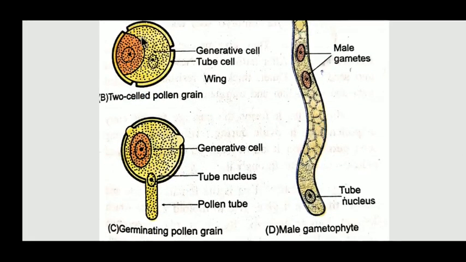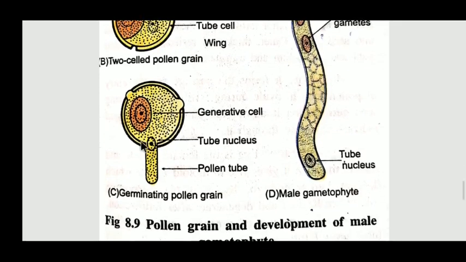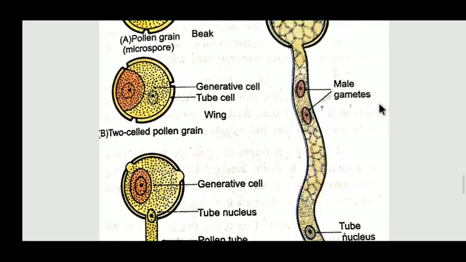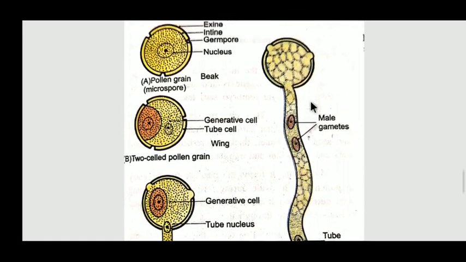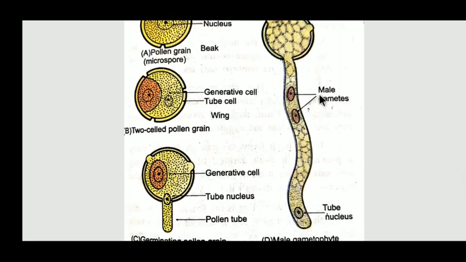When this pollen grain sticks onto the stigma, with the help of the germ pore all the stigmatic secretion gets inside this vegetative cell, and the vegetative cell creates pressure on the innermost wall, that is, intine, and because of that pressure the intine forms a tube-like structure. That tube-like structure is called the pollen tube, and the nucleus comes inside this pollen tube. As the stigmatic secretion creates pressure on the generative cell as well, because of that pressure inside the pollen tube, the generative cell divides mitotically into the 2 male gametes, and in this way 2 male gametes are formed with the help of this pollen grain, and these male gametes are then further used for fertilization.